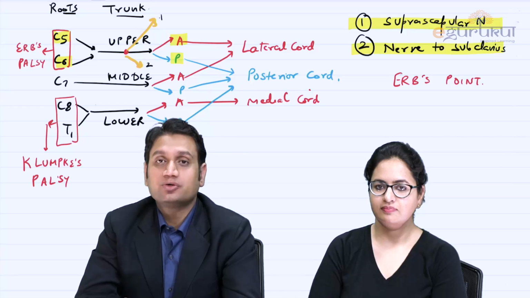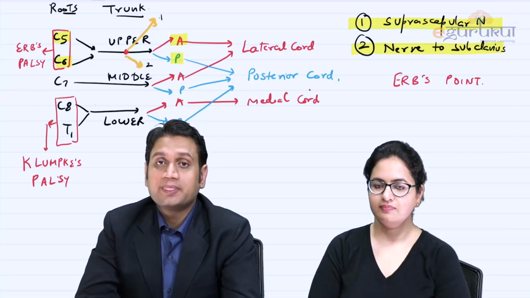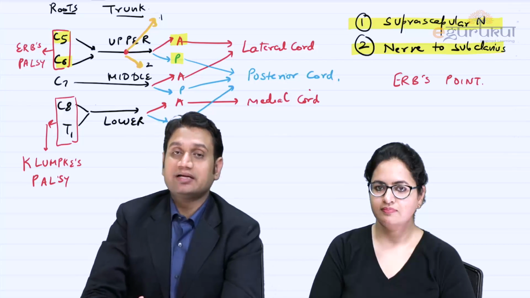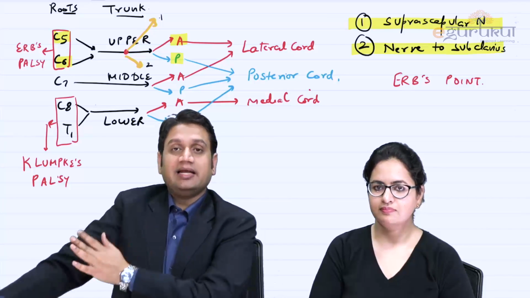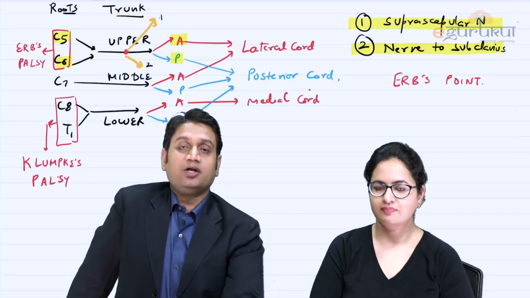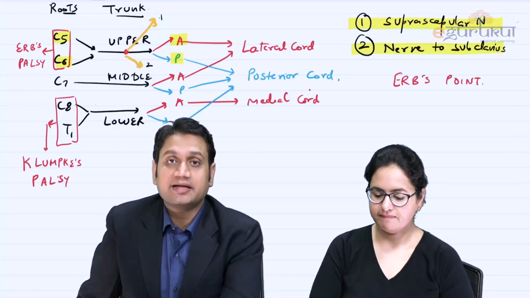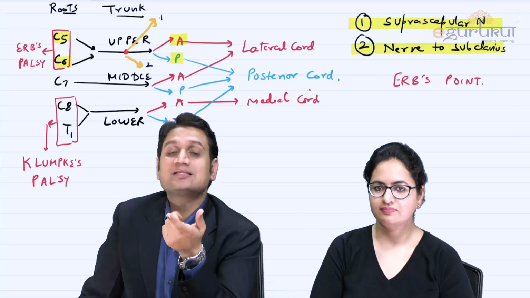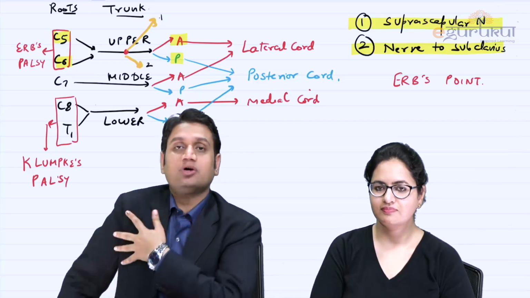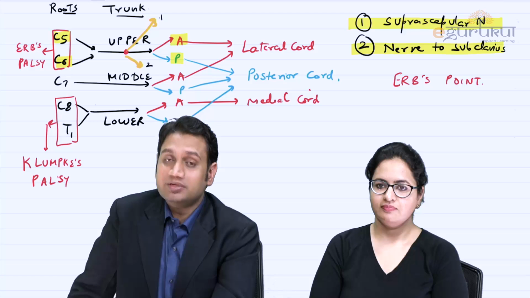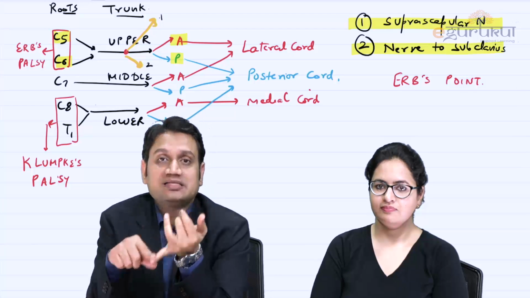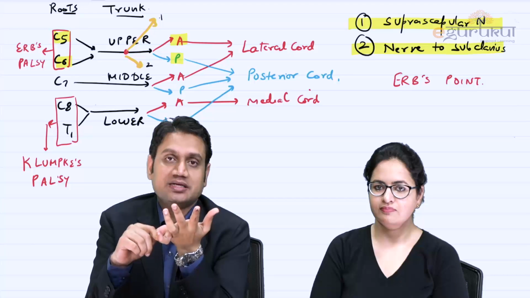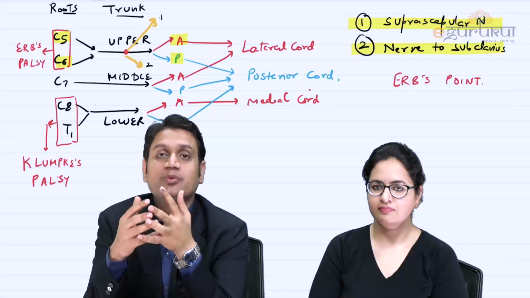A child was delivered yesterday night in the labor room, and since birth the child has not been able to move the right upper limb, and is keeping the right upper limb by the side of the body, elbow extended and pronated. What is the most likely diagnosis? Question number 1, a clinical scenario. Question number 2, what is the attitude that you see in Erb's palsy? That is what you call a policeman's tip deformity. Number 3, what are the muscles involved in Erb's palsy? Number 4, what is the movement lost in Erb's palsy? These are the simple questions that we need to answer.